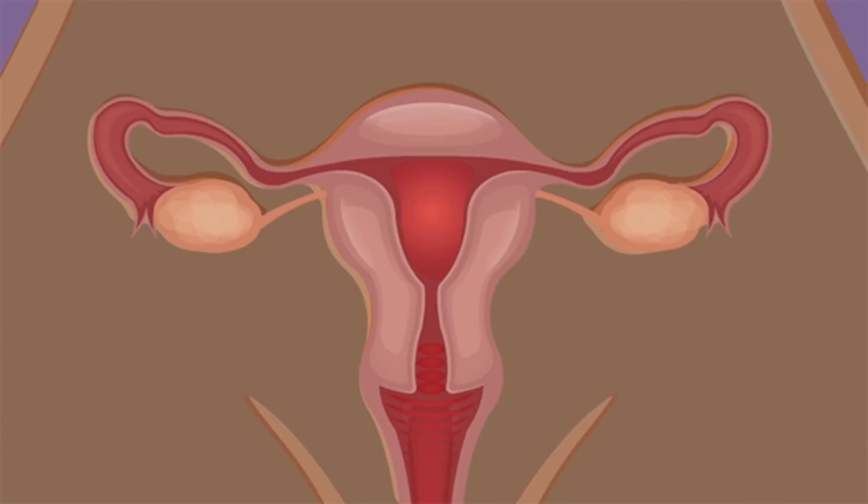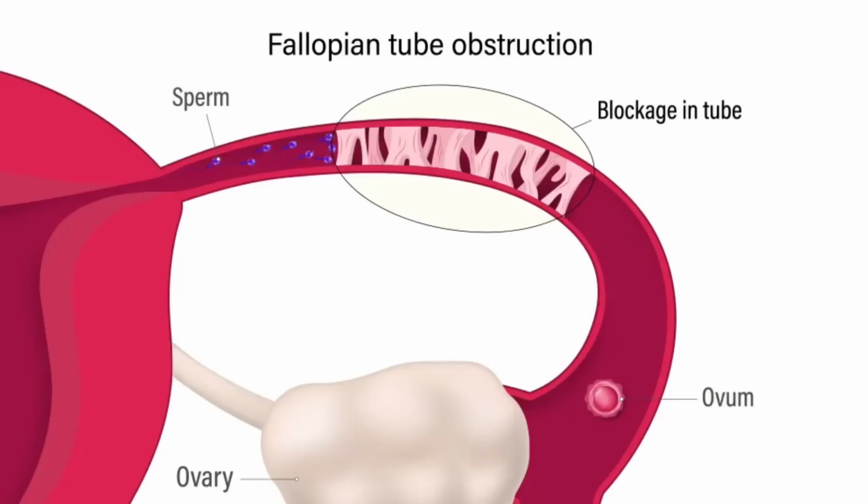This evaluation is going to help your healthcare provider to advise you accordingly. If a fibroid is found during the ultrasound scan, depending on the location and the size of the fibroid, you might be advised to have a surgical removal of the fibroid. If during the hysterosalpingogram it is found that you have blockage of the tubes, then you may be advised to do IVF, in vitro fertilization, which is simply taking the woman's egg from the ovaries, taking the man's sperm, fertilizing it outside of the body in an incubator, and then transferring the resultant embryo back into the uterus of the woman. This is usually an expensive procedure.